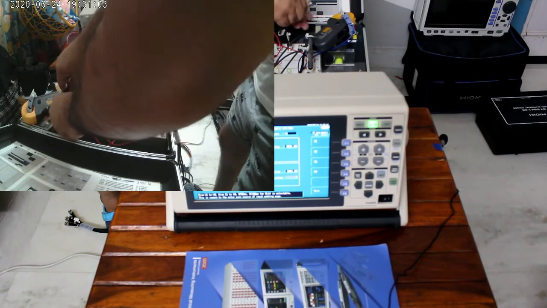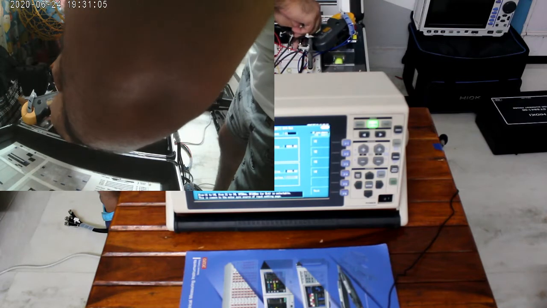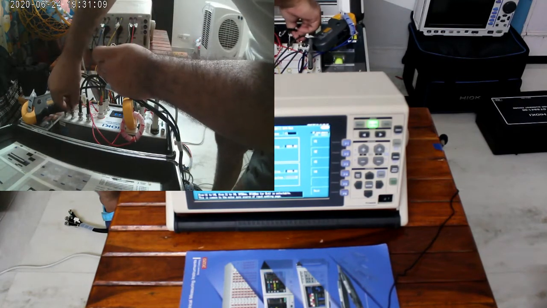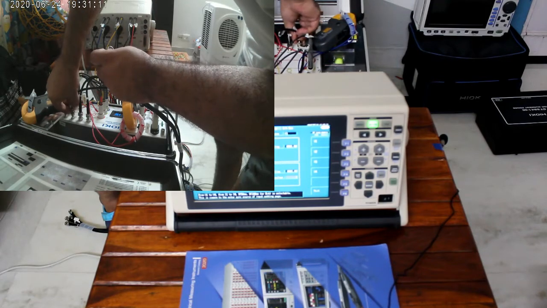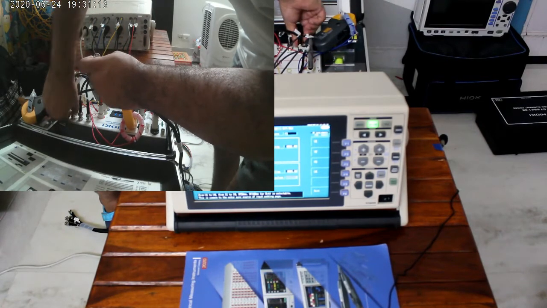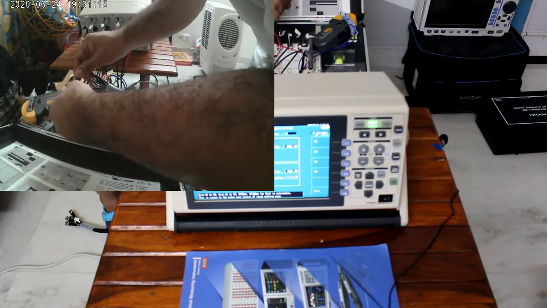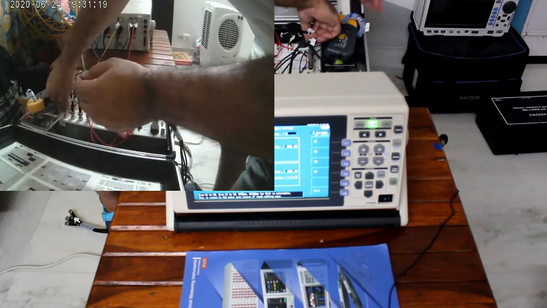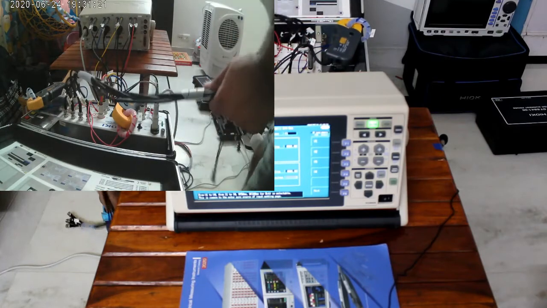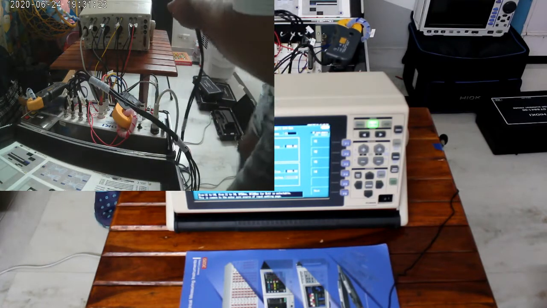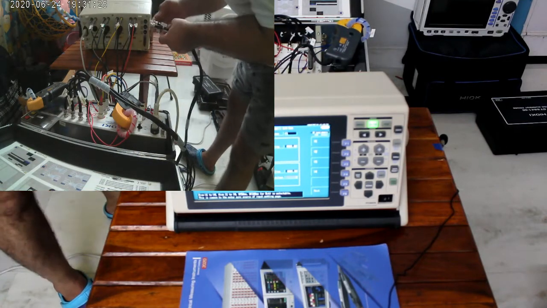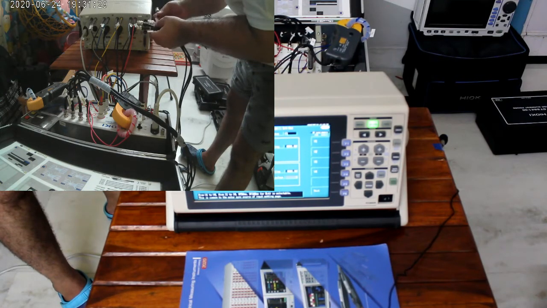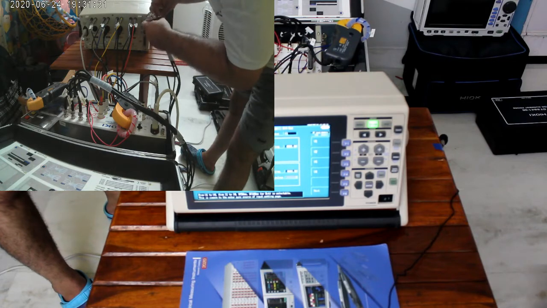Then the phase. Like that, the parameters I can get. And then I'll feed this transducer voltage output to my system with the help of these BNC cables.